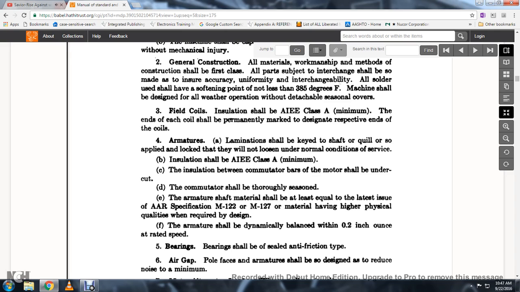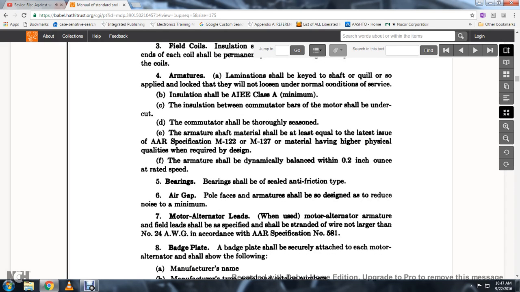shall be at least equal to the latest issue of the Association of American Railroads M122, M127, material having higher physical qualities when required by design. 5. The armature should be dynamically balanced within 2/10 of an inch-ounce